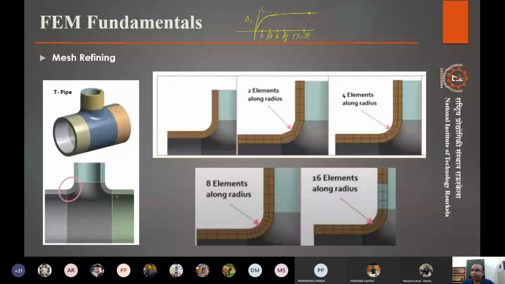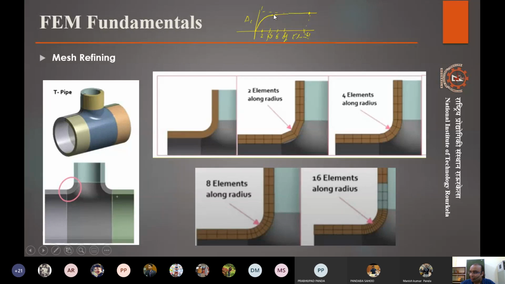Sometimes what happens is, you understand why we are doing it, right? We are trying to match the geometry. In meshing optimization, there are different algorithms that are followed. For example, if we are restricting here to 1 degree linear elements, so we are not going for curvilinear elements, in that case we have to have a certain number above which the substantial increase in the results is not there.